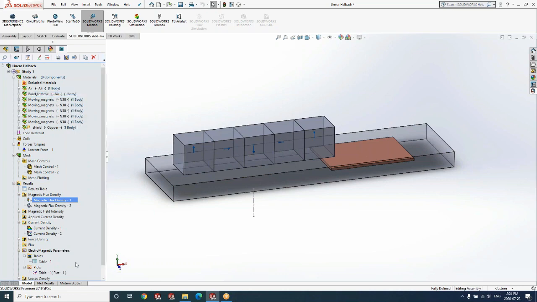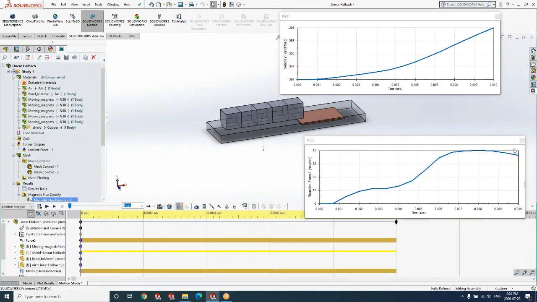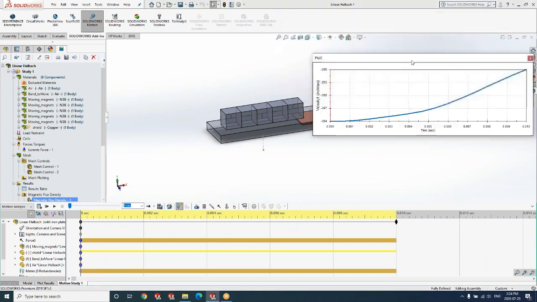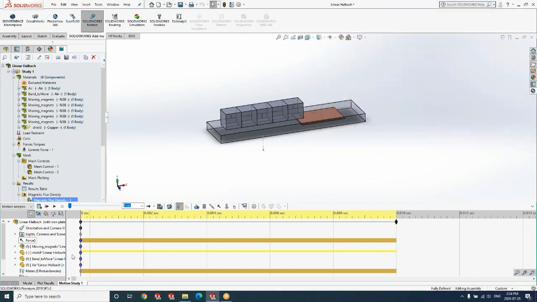Let's first look at the motion study. In the motion study, we actually tell the program how long to run. In this case, it's going to be for 10 milliseconds. We want to see what happens to the movement in 10 milliseconds.